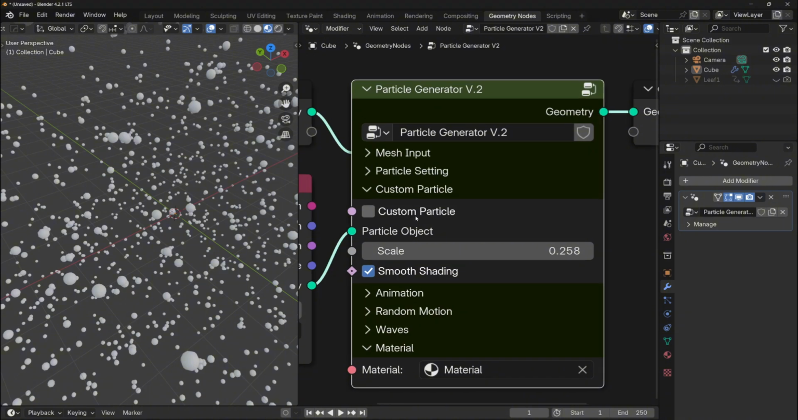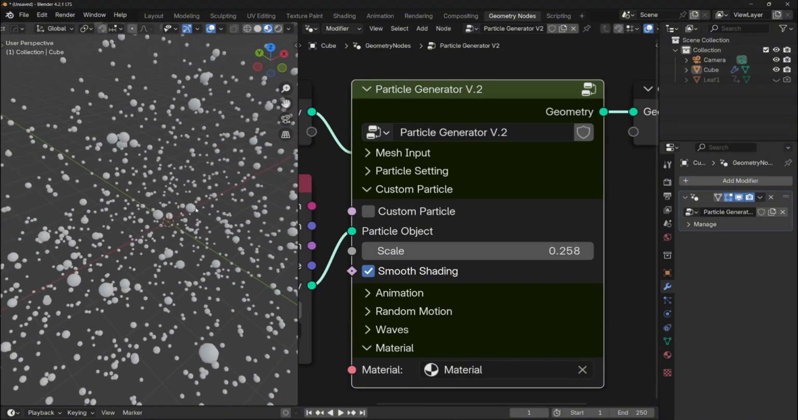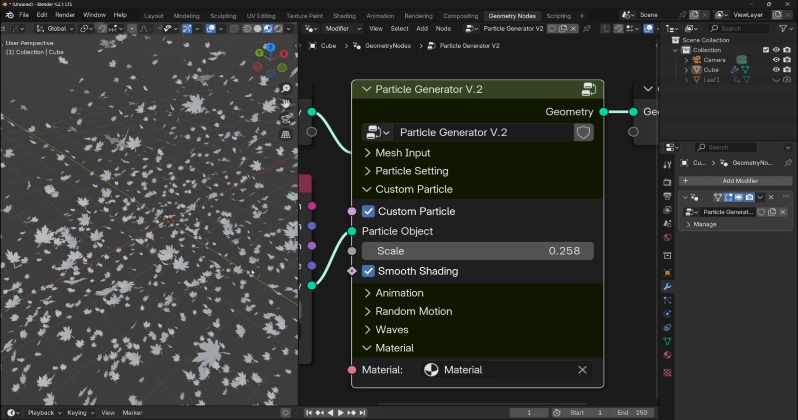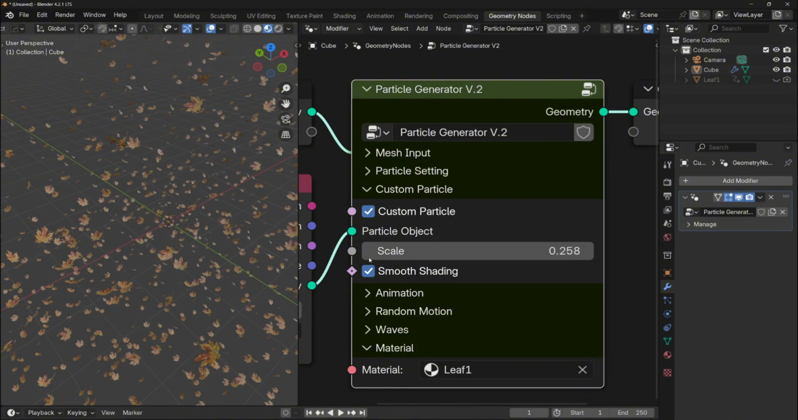Now, if you are not using any custom particle object, the generator will use the default sphere particle, which might be useful for some simple scenes, but for a more realistic render, I recommend using the custom particle option, which you can also use here if you enable it. There are some custom particles included with this generator as well, but I will talk about that later in this